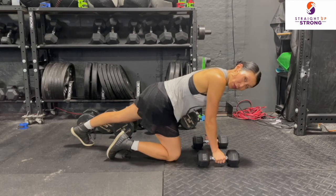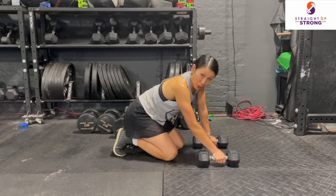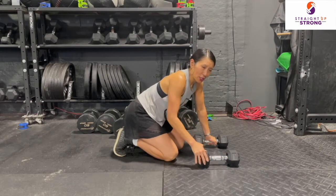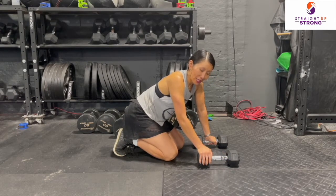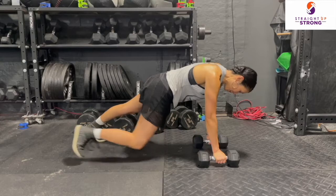High plank position, very wide feet. It is not cheating going wide. Wide feet gives you a better balance, and you'd rather have better balance so that you cannot move than go with what people say, oh, it's harder with feet together. If your body's moving, then you're no longer maximizing this core exercise. So high plank, wide feet,